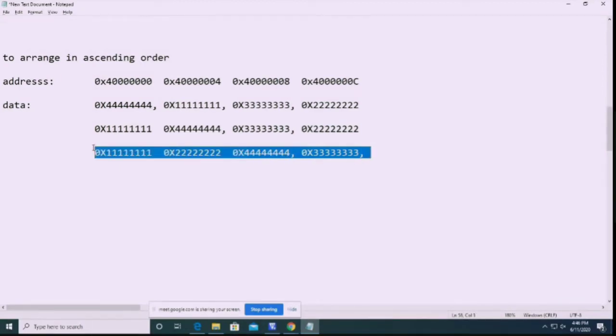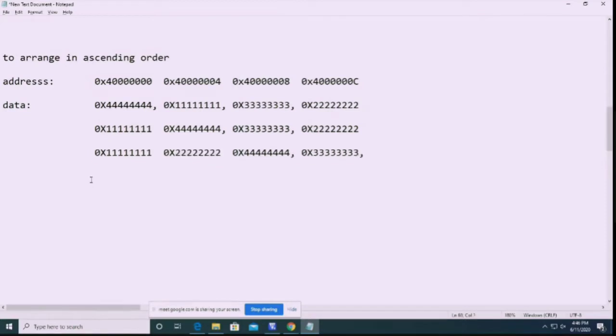That number is kept in the third address, that is 40000008. At this address we have the smallest number of these 2 values, that is 33. Now we are left with one value, that is the largest value we have in this array.